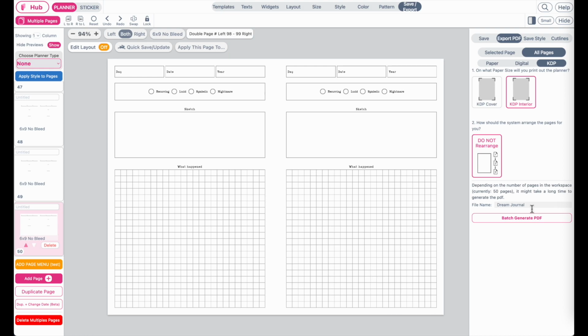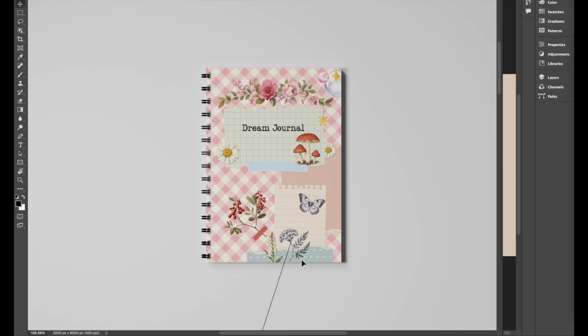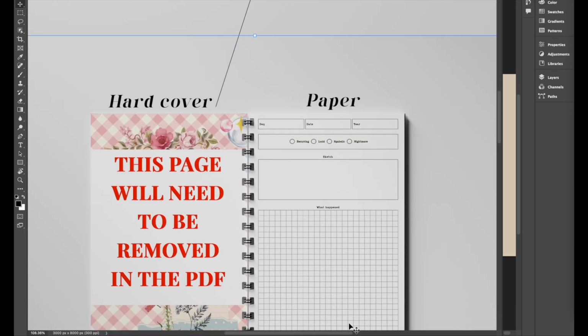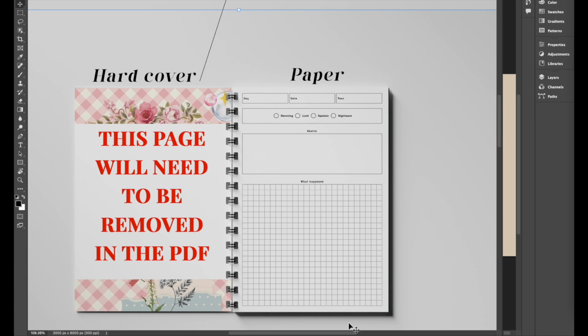However, before we do that, we need to do something else, which is we will need to remove this very first page, which is the left page. So let me quickly explain. When you send your file to Amazon KDP, they will take your internal pages and then they will transform it into a book. And the very first page in your PDF file will be the very first page here in